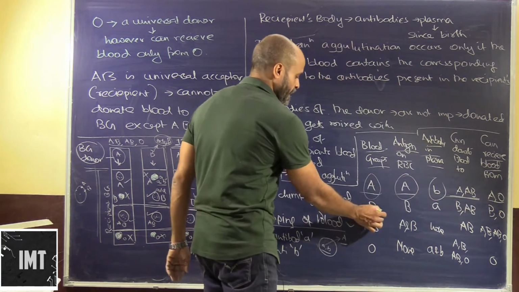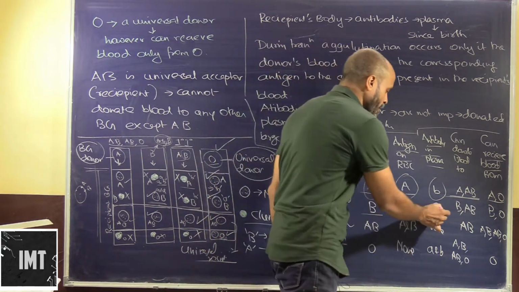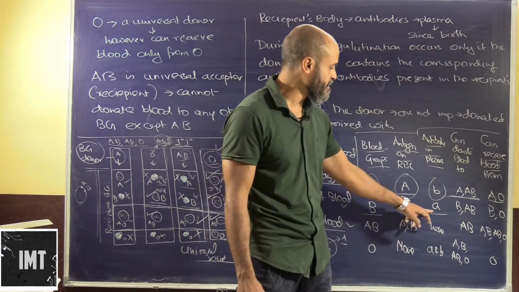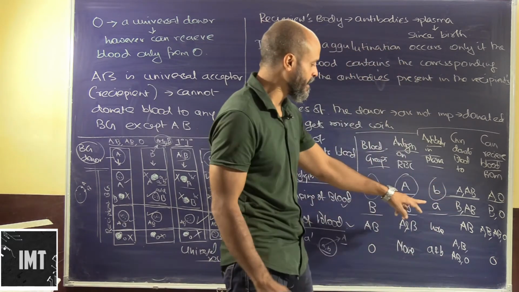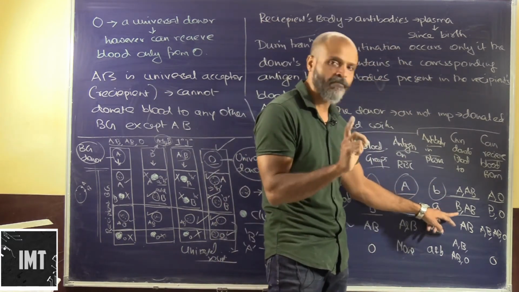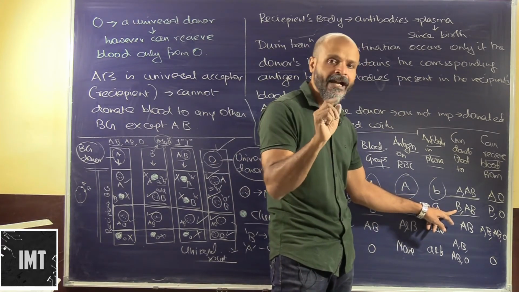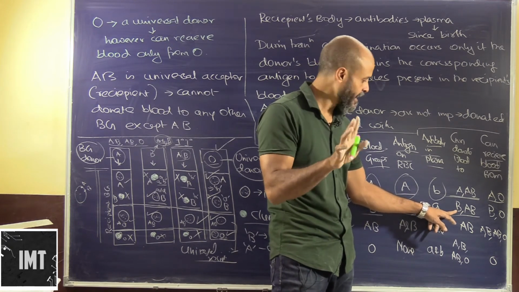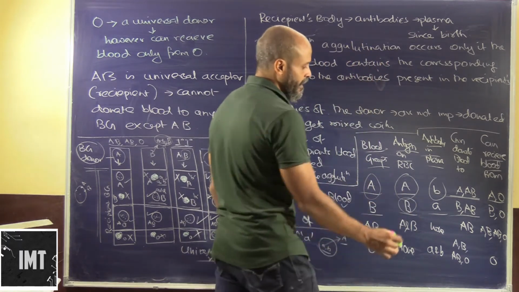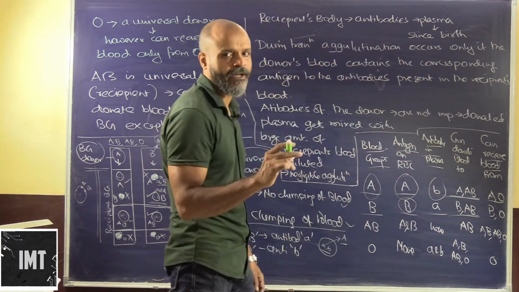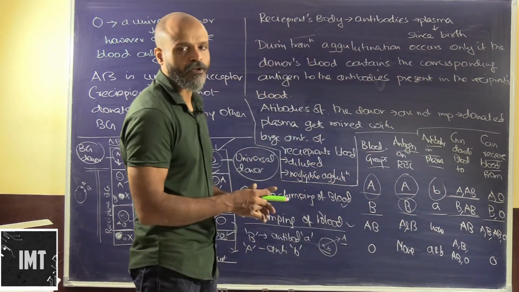Okay, a person having blood group B, the antigen which will be present on the RBC will be B. Corresponding to this antigen, the antibody which will be present in the plasma will be A. So this person will be able to donate blood safely to a person having blood group B. Why? Because blood group B will have antibody A in it, and hence it will not react with antigen B present here. Or AB, we know, is free of any antibodies. So it can receive blood from again a person having blood group B or O.